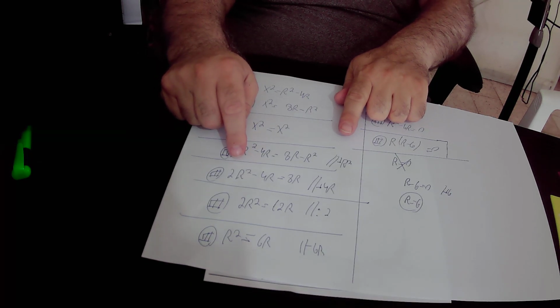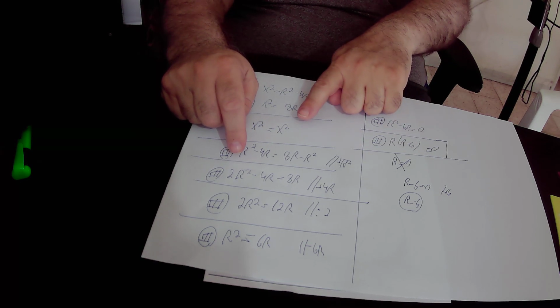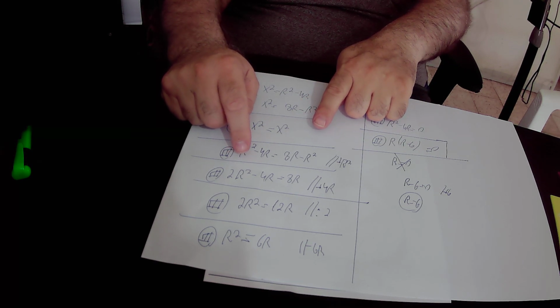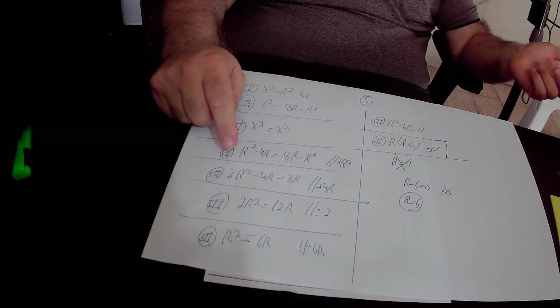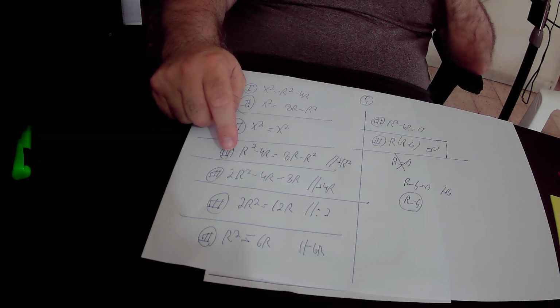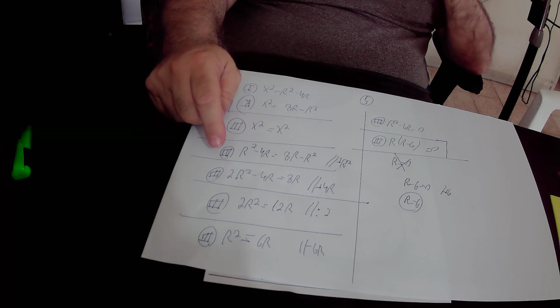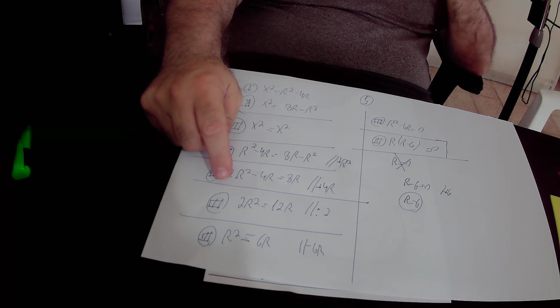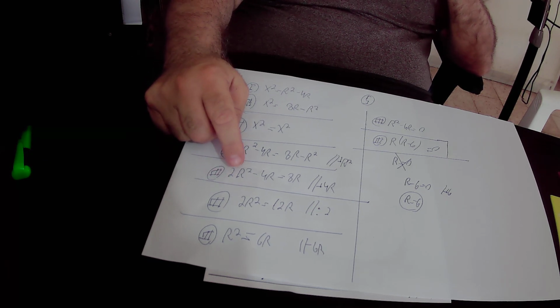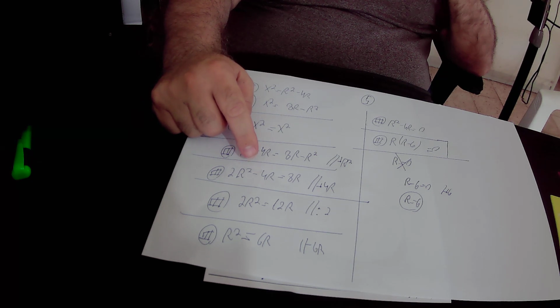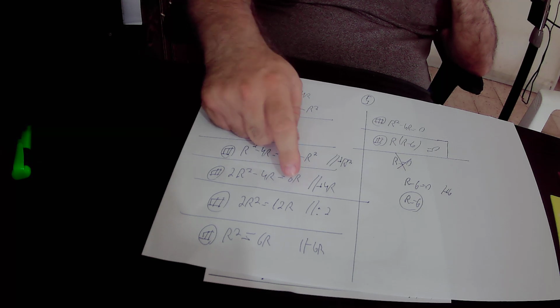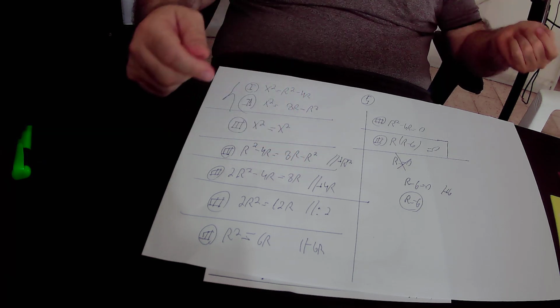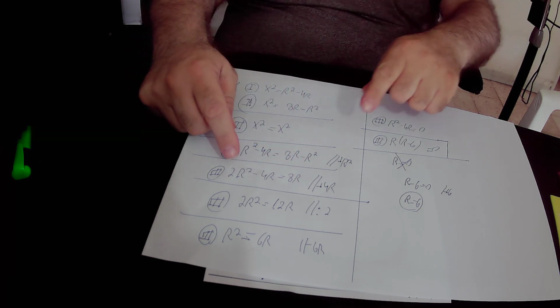On this side of the equation, we have 2R squared minus 4R, which is equal to 8R. Here we added 4R to equation number 3 and found that 2R squared equals 4R minus 4R, which is 0, and 8R plus 4R is 12R. So according to equation number 3, 2 times R squared